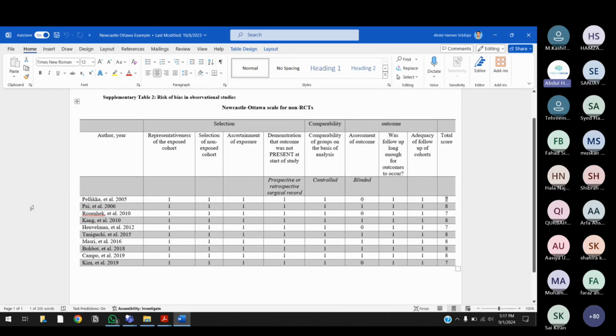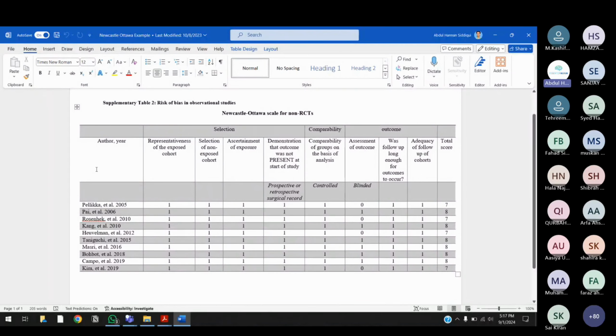तो why I'm showing you this is because मैंने आपको starting में बताया कि quality assessment हर study की individually की जाती है. So once you are done conducting the quality assessment for one study, you are done with the PDF for that study, तो आप उसके stars को ऐसे एक table में add करते हैं, ठीक है? To represent that for your manuscript, ठीक है? ये उसका एक compilation बनती है. And this is the table that you will add to your manuscript. And this is only for cohort studies, okay? Cohort studies are retrospective and prospective observational studies.